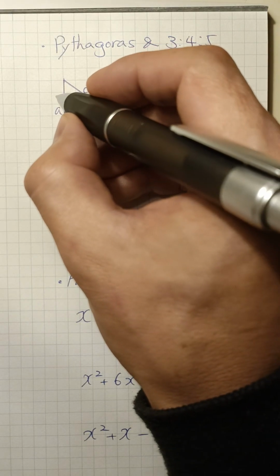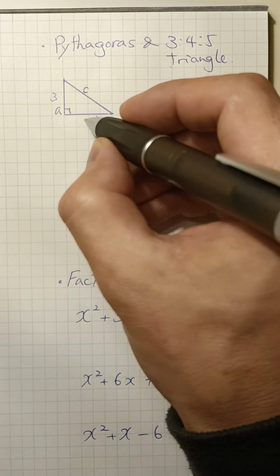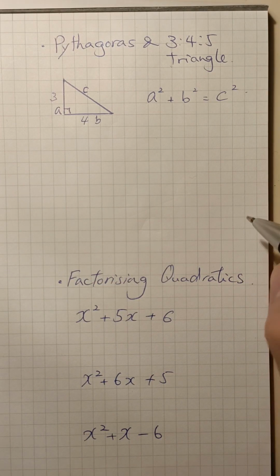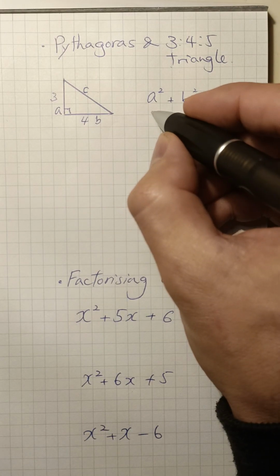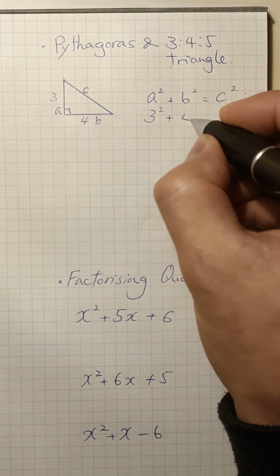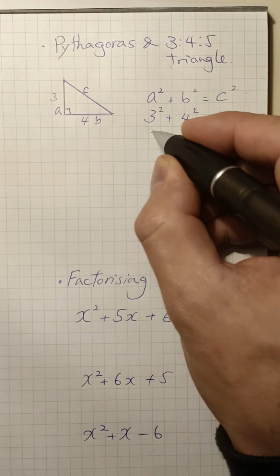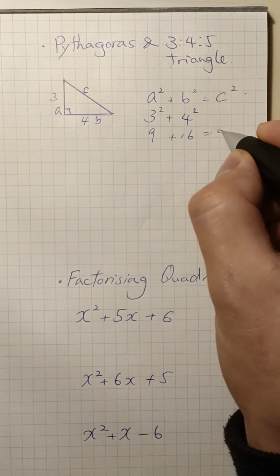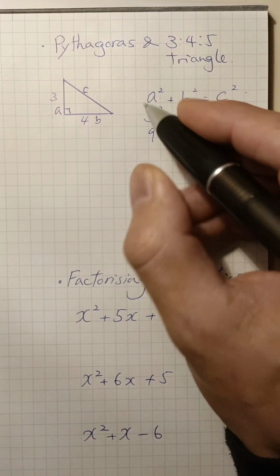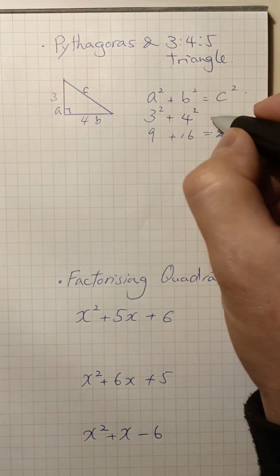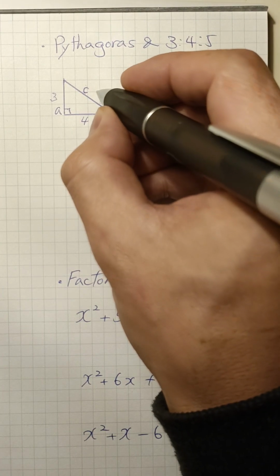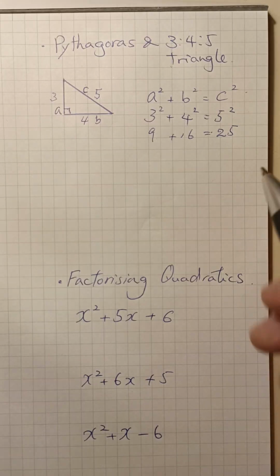Then if I label this one and this one 3 and 4, how much is c? 3 squared plus 4 squared, which is 9 plus 16, is 25, isn't it? So the longest side squared is 25, so the length here is 5. Okay, this is a basic